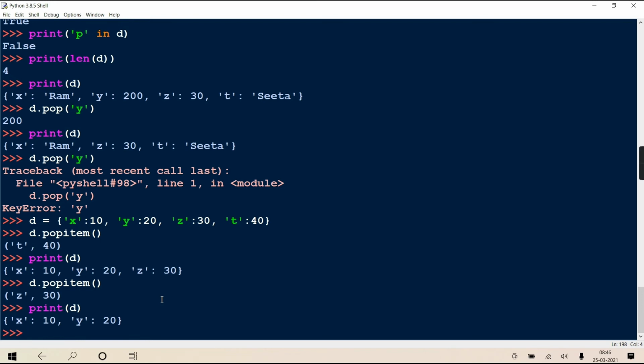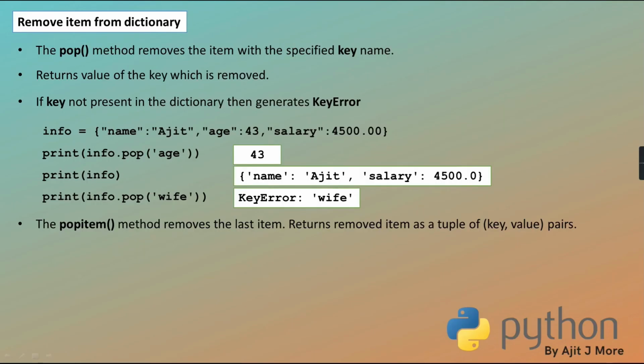Popitem always deletes the last item and returns the deleted item as a key-value pair. See, the popitem method removes the last item and returns the removed item as a tuple in the form of key comma value. Okay?